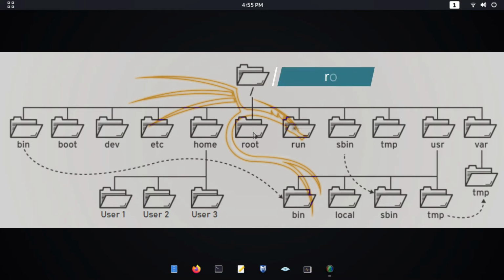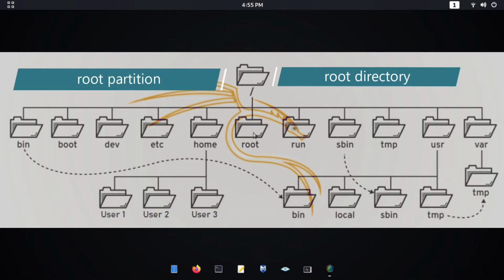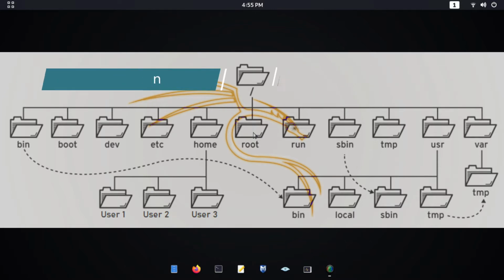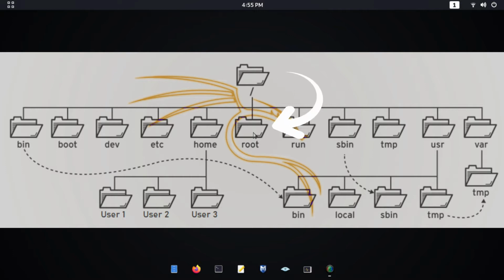The slash directory is the root directory at the top of the file system hierarchy. This is also the root partition of the system. Please note that the slash character is also used to separate directory names, so we can call it the directory separator. It is also worth noting that there is a directory with the name root, which is under the slash. We will discuss this directory named root in a couple of minutes. Before that, let's continue our previous discussion.